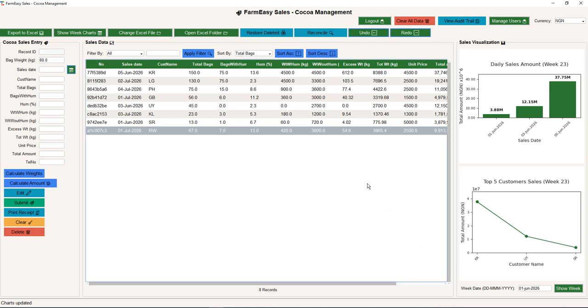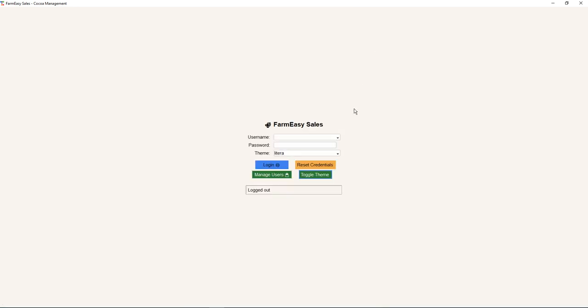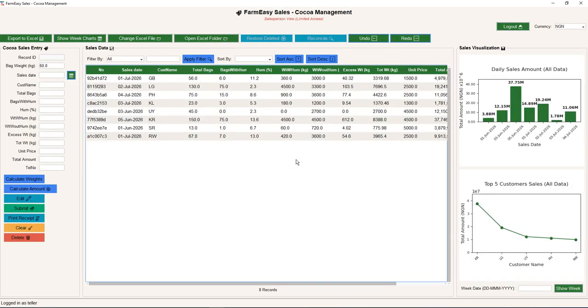Okay, so you can edit. Like I said, you can edit. We've already edited. You can clear, you can delete. So if we delete the record, I'm going to delete the record as a salesperson and not as an administrator. So if I log out here, I'll log in again as a salesperson. So you can see that the salesperson has rights to do whatever he wants to do, but he